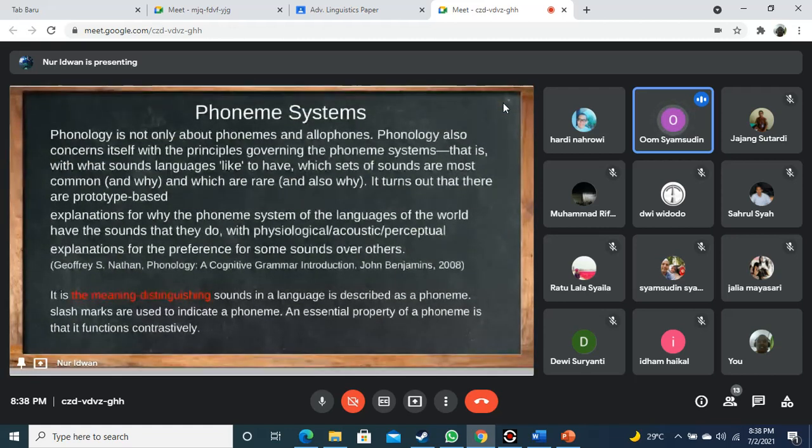Bacanya ini sekali, Pak. Iya Bu, oh, oh,